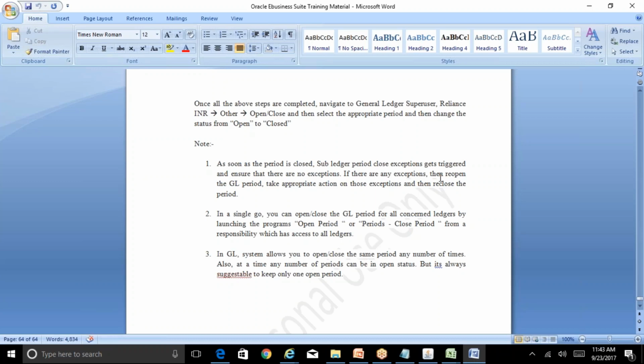Then you will have an appropriate discussion with the concerned subledger person, asking how this got missed out, and then he realizes that it's a user mistake. Then he will do the accounting for those subledger transactions, post it to general ledger, and close the subledger period. And when they are posting it from subledger to general ledger, again it will get stuck in the GL interface because the GL period is closed. What you need to ensure is, you need to reopen the period,